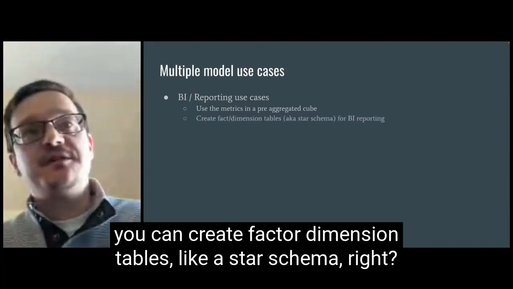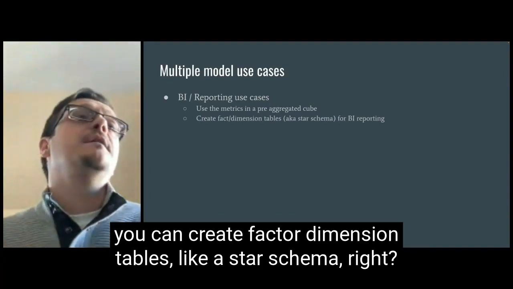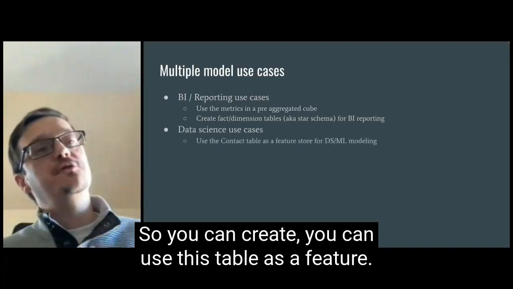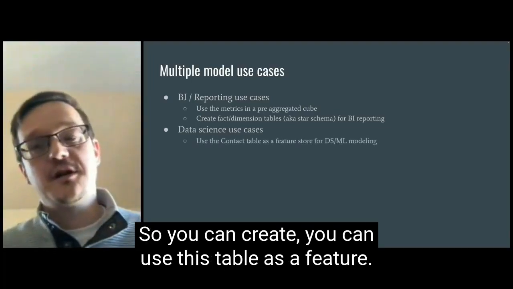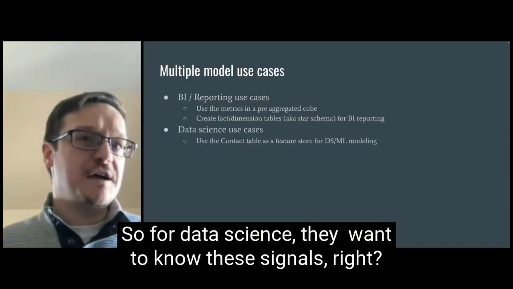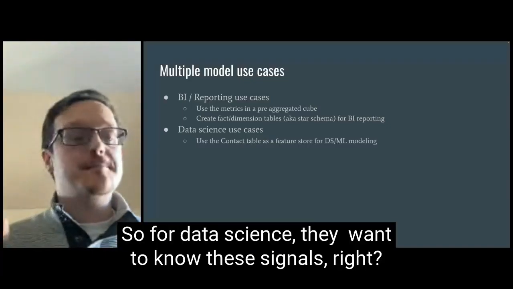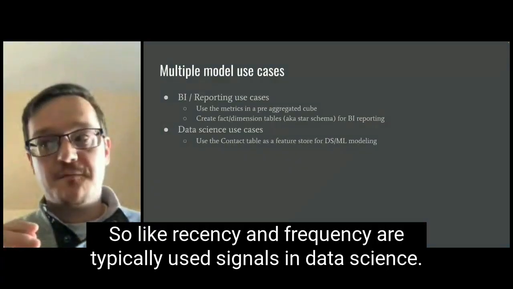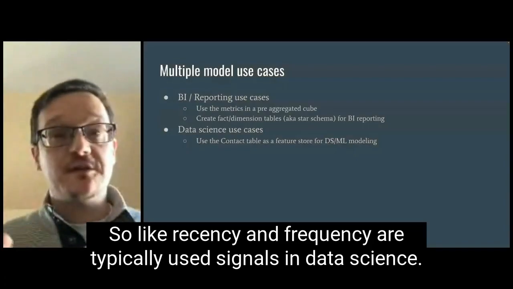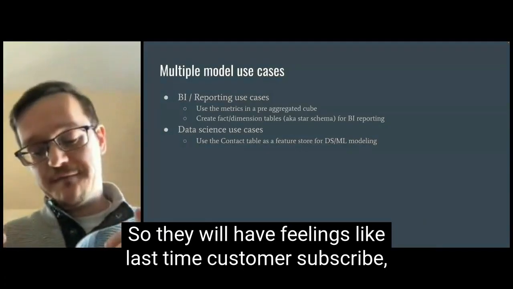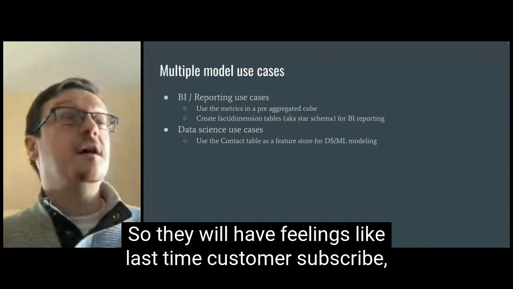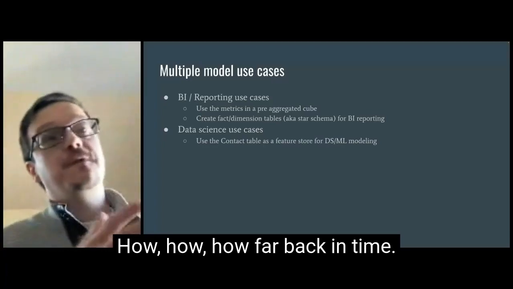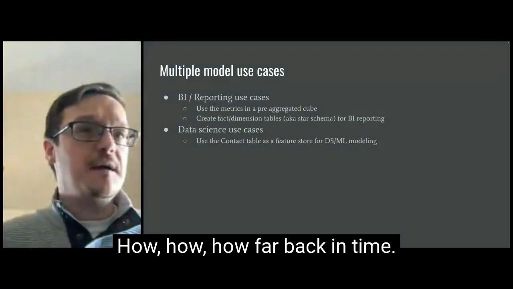You can create fact and dimension tables like a star schema, right? And you can also have data science use cases. So you can use this table as a feature store, right? For data science, they want to know these signals. Recency and frequency are typically used signals in data science. So they will have fields like last time customer subscribed, last time that they churned, how far back in time